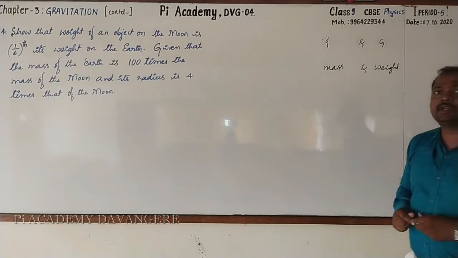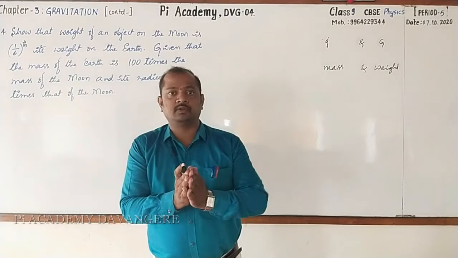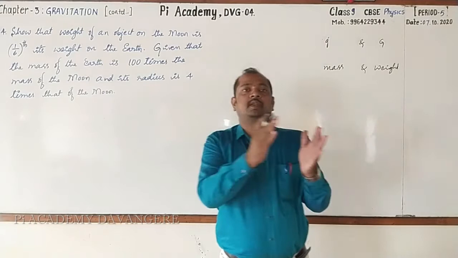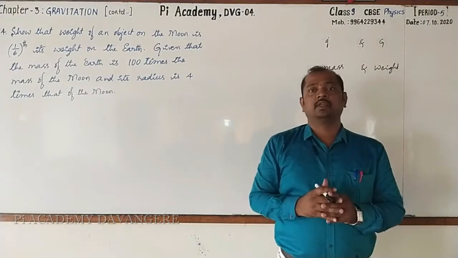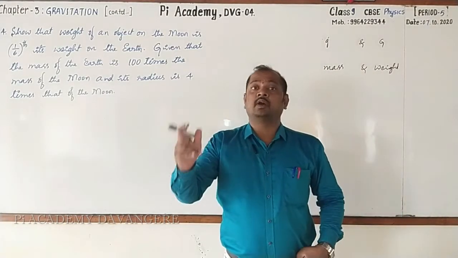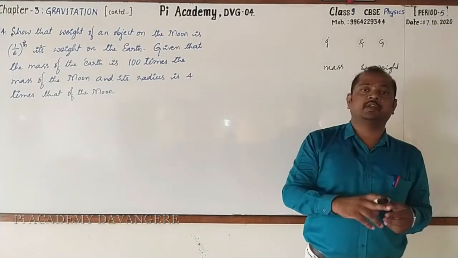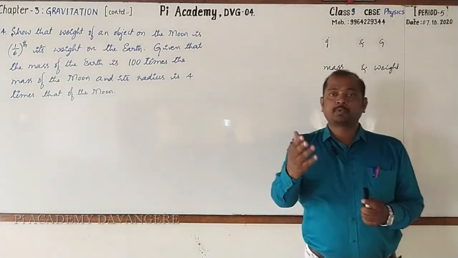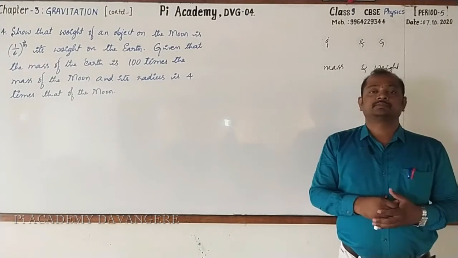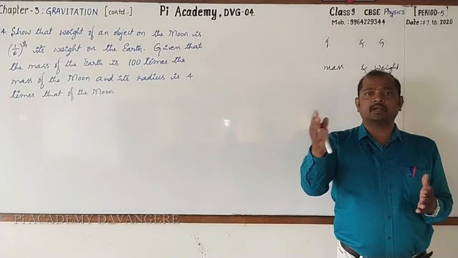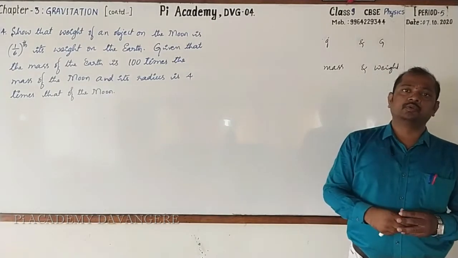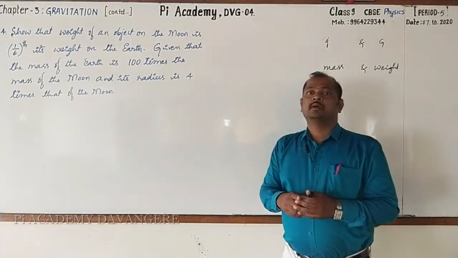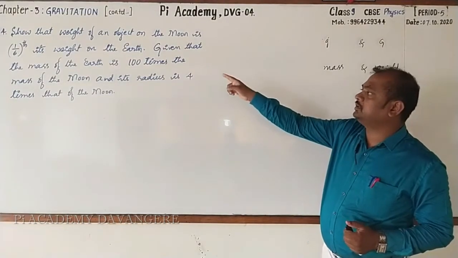Then after that, we come across one of the important statements which gives the relationship between the weight of an object on the earth as well as on the moon. What is that? The weight of an object on the moon is 1/6 the weight of an object on the surface of the earth, right? We even proved that statement by taking the mass and radius of both earth and the moon. Now in today's class we are going to prove the same statement, but it is given in a different way.